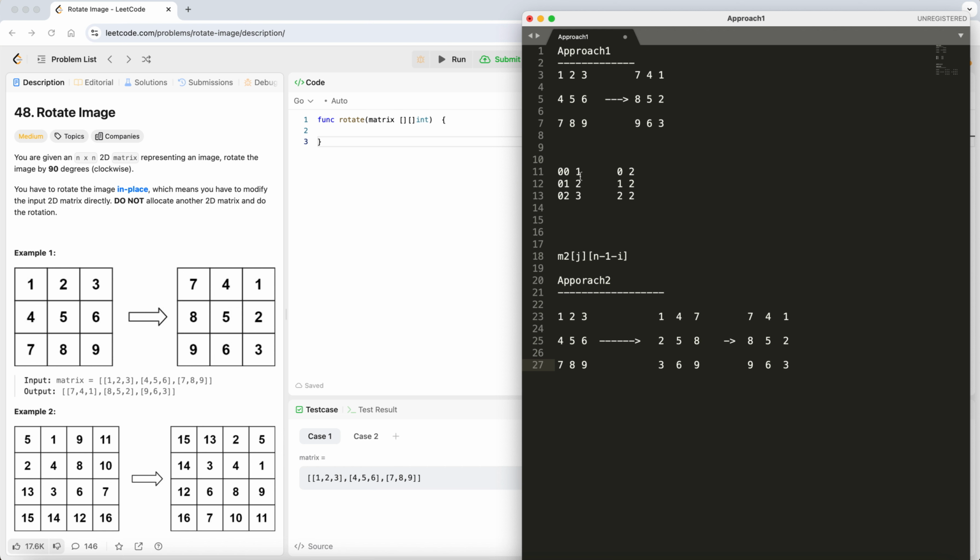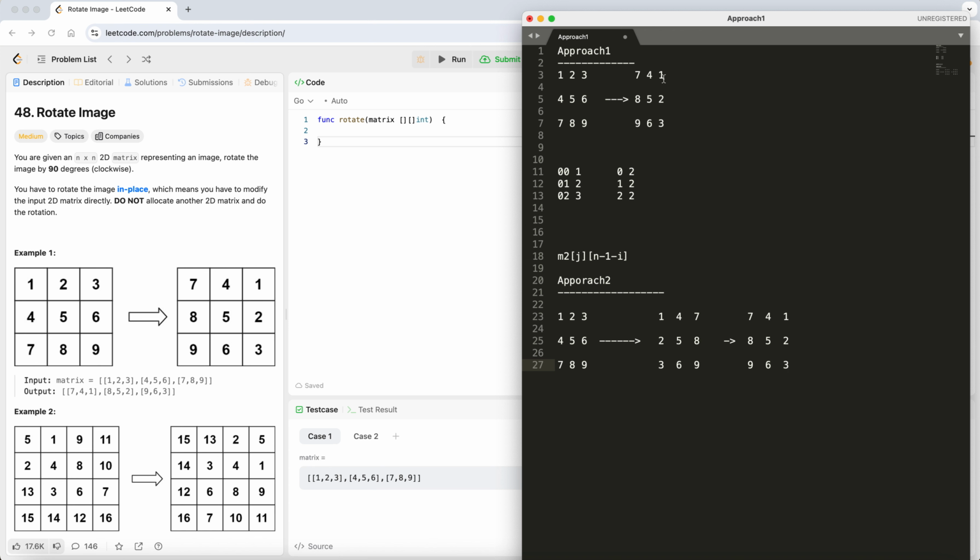what the location of 1 2 3 is in the transformed form, when we rotate by 90 degrees. For this 1 2 3 here, it is row 0 and column 2. It's the third column, but by index we say 2, so the location is 0 2. If I take this one, the location is 1 2. If I take this one, the location is 2 2. So we need to do the math here,